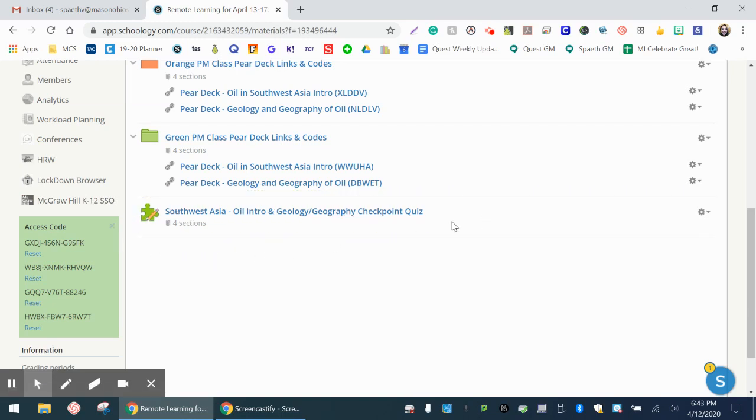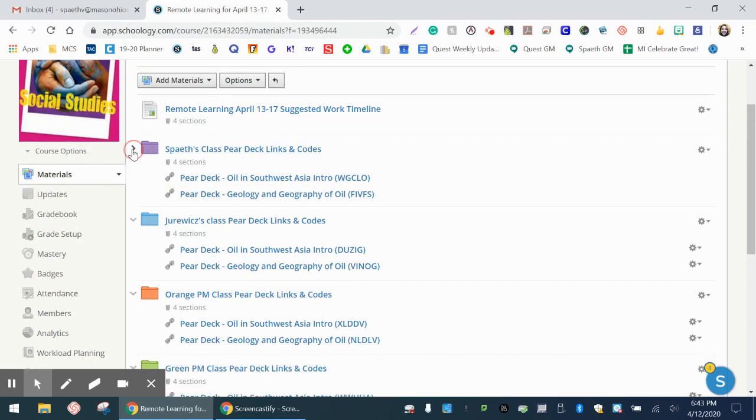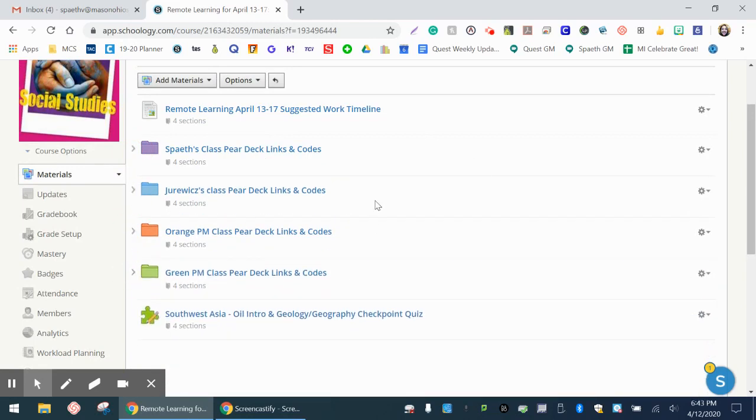I think on my suggested guide, I have maybe Thursday, but definitely hopefully have this done by Friday. If you have this done by Thursday and I notice that maybe you have a lower score, that gives me time to check in with you and help you out with anything you may not be understanding. This learning will continue next week. This is only part of what we're really learning about as far as oil in Southwest Asia. So understanding the vocabulary this week and understanding the science and the social studies behind why oil is formed and where it is formed is going to be crucial for next week's learning.